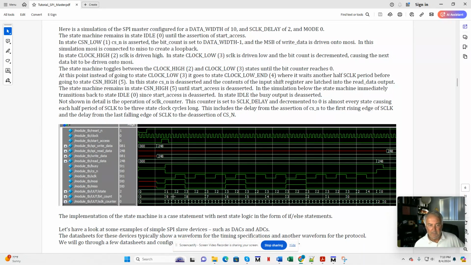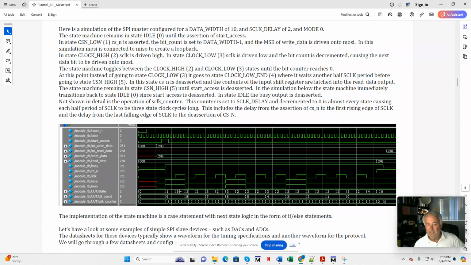And that's done by setting bit count to 9. So here in the simulation, I've set my data width to 10. All right, so we're starting with index 9, and index 9 is causing the most significant bit of write data to be driven onto the MOSI pin. All right. Then we transition to state 2, which is clock high,